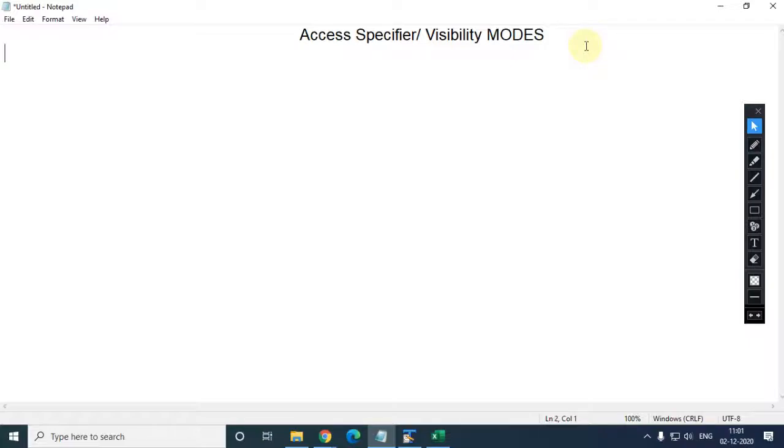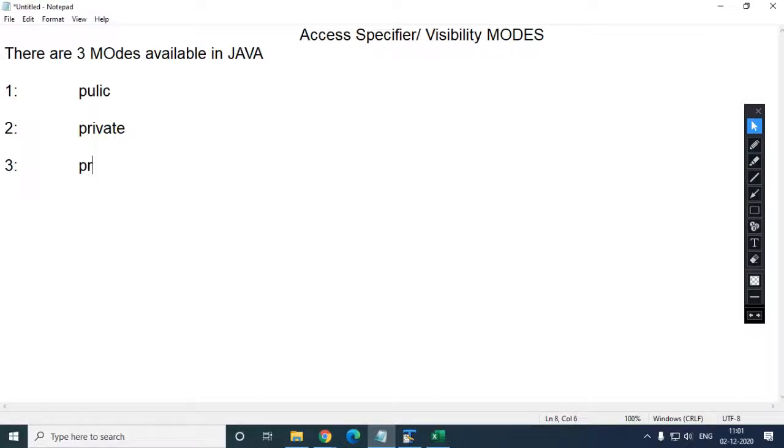There are three modes available in Java. Number one is public, number two is private, and number three is protected.